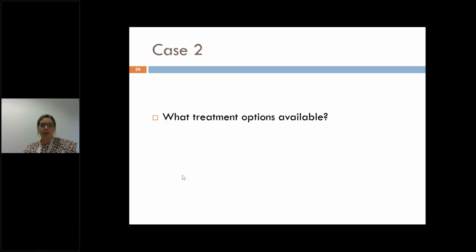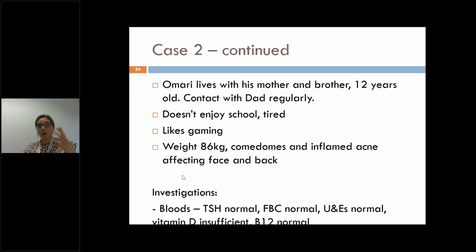So we have a little bit of a chat about all of that, and I agree. So he didn't have any red flags, and his neurological examination was normal, but he was overweight, and he did have this acne. So if you were going to hone in on treating the acne, which we often don't treat, which for him,